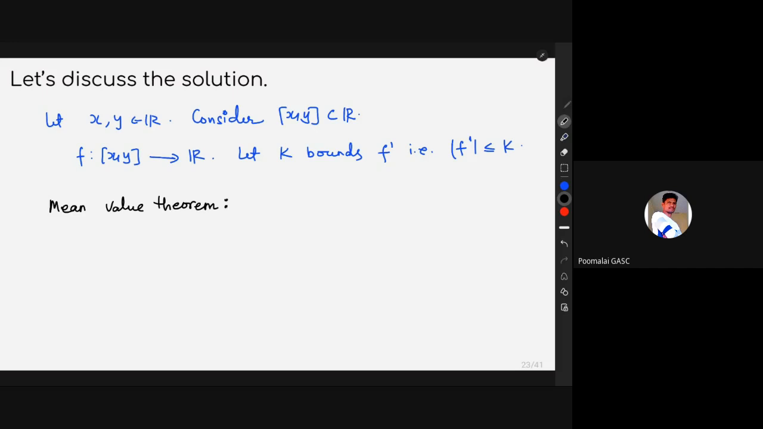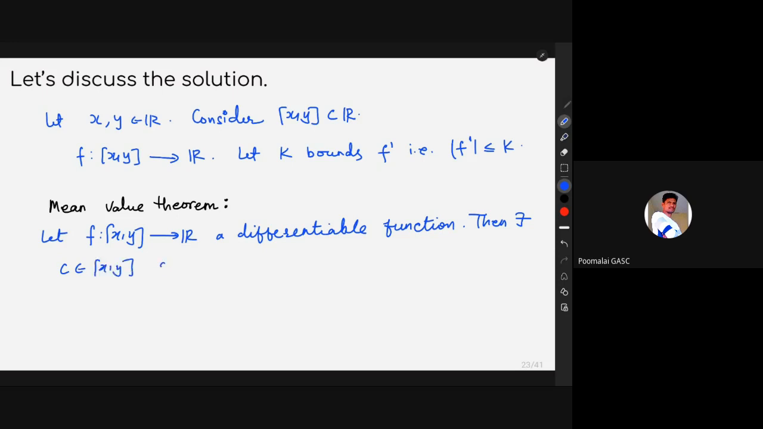So the idea here is to apply the mean value theorem for the function f from x to y to R. The statement says as follows: let f be a function from a closed interval to R, a differentiable function, then there exists a real number c in the interval (x, y) such that